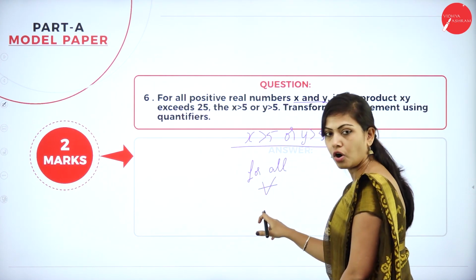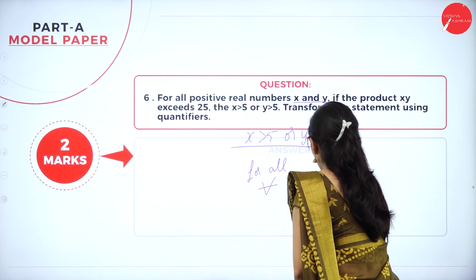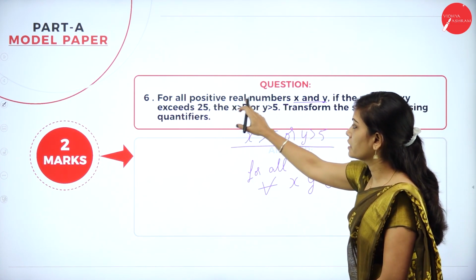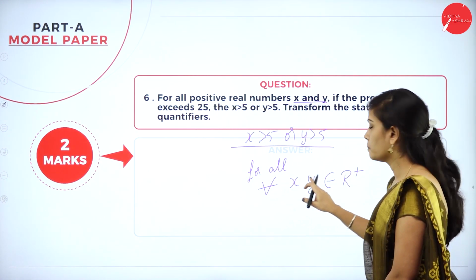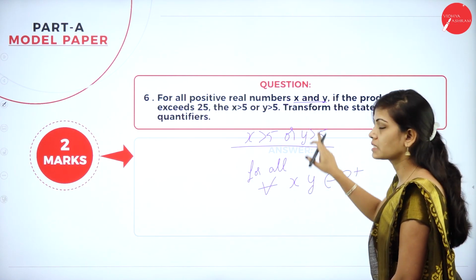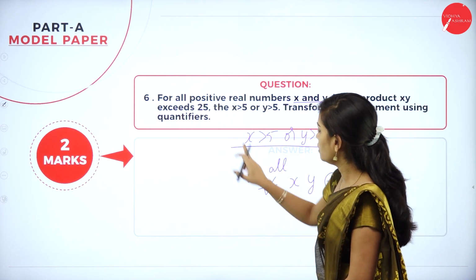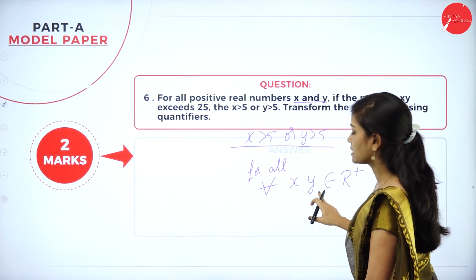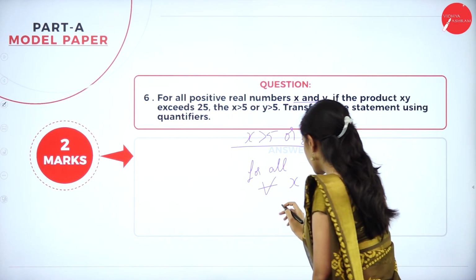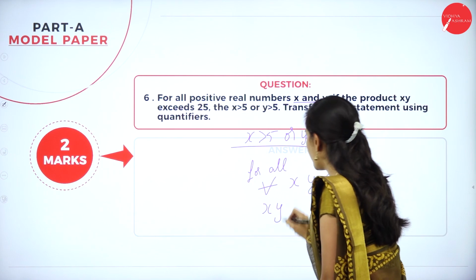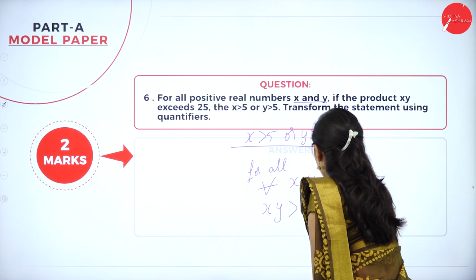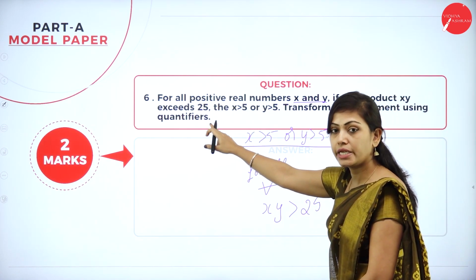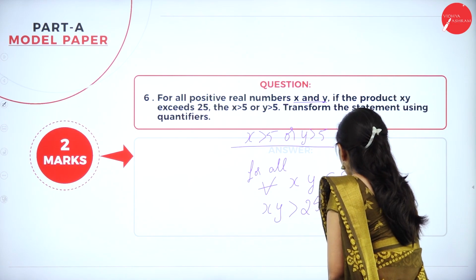The symbol is ∀ x and y belongs to R+, that is, for all positive real numbers x and y. Clear? If the product xy exceeds 25, if xy is greater than 25, then